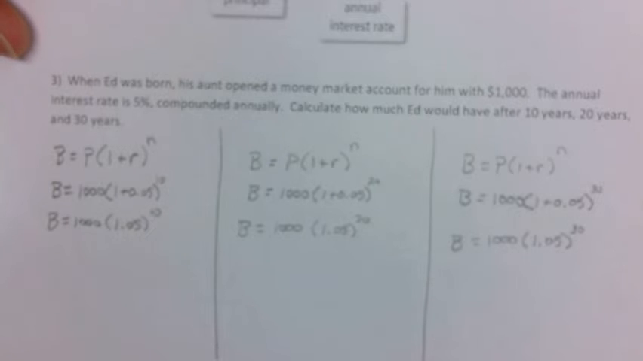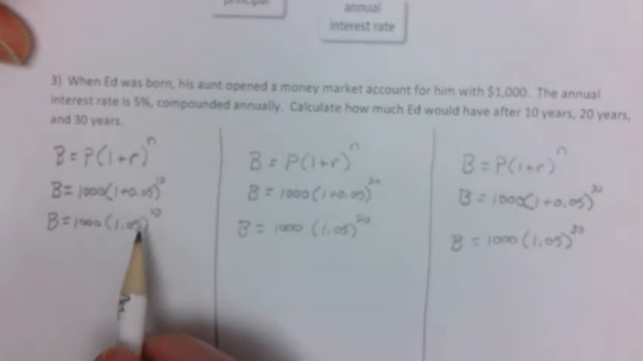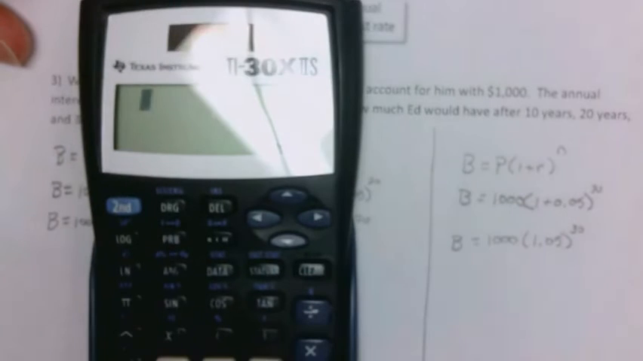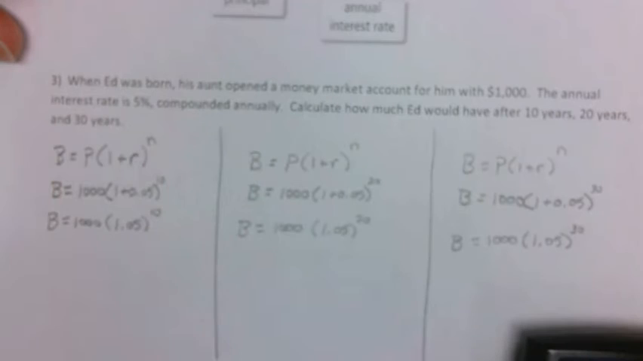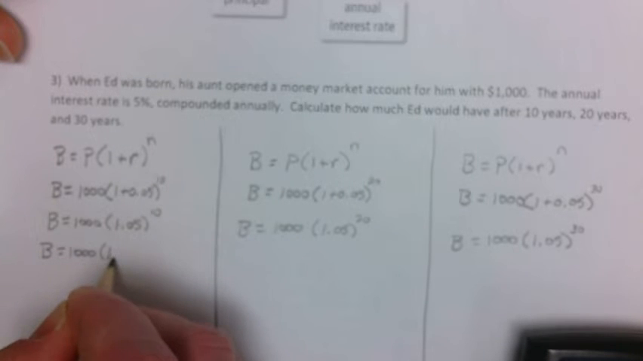Okay, next thing that we have to do is evaluate the exponent. So we're first going to do 1 and 5/100ths raised to the 10th power. If we punch that into our calculator, using the caret symbol, raised to the 10th power, I get this decimal. I'm going to write out the whole thing. Okay, so I'm going to have B equals 1,000 times 1 and